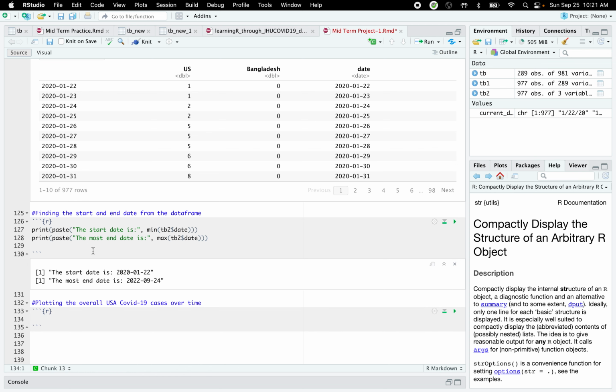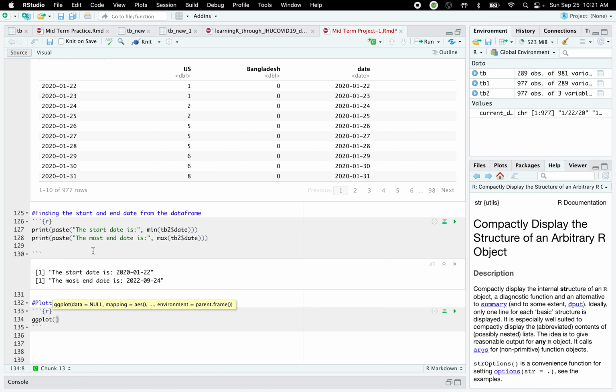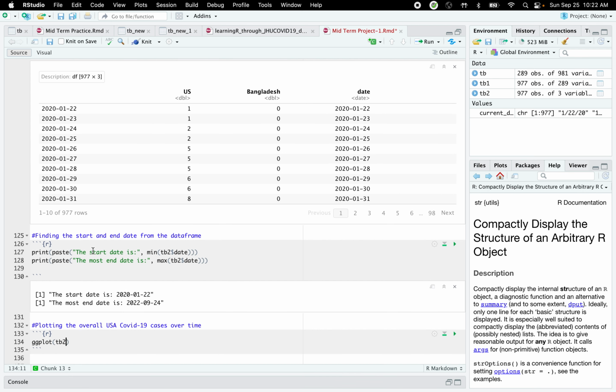So what I'm going to do is use the ggplot function. From the ggplot function, I will assign the data set. The data set is called TV2, and I will assign the aesthetics: x will be date,